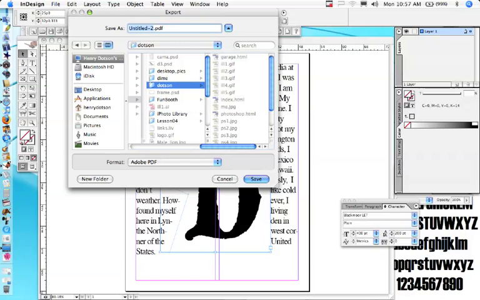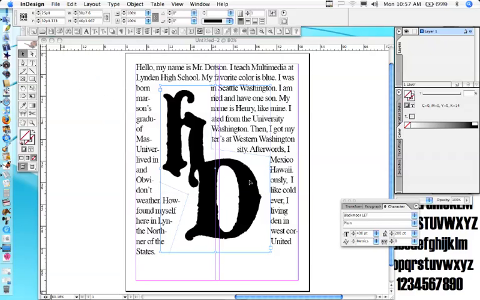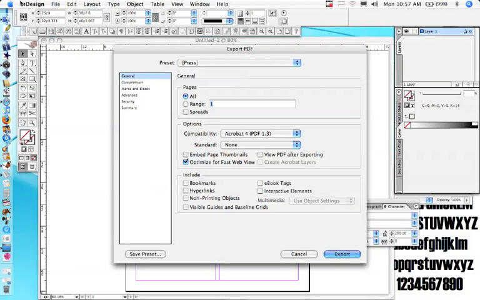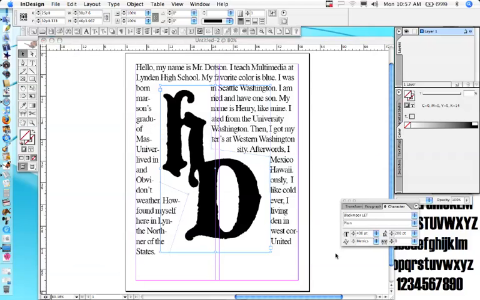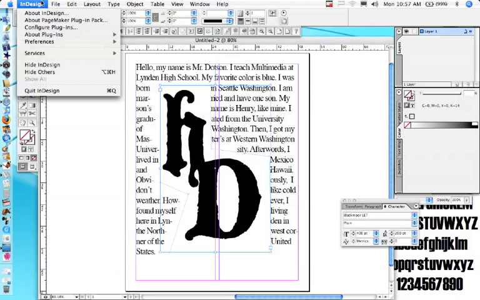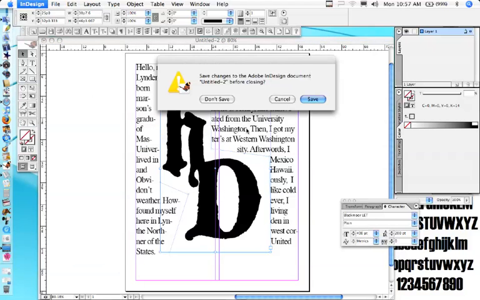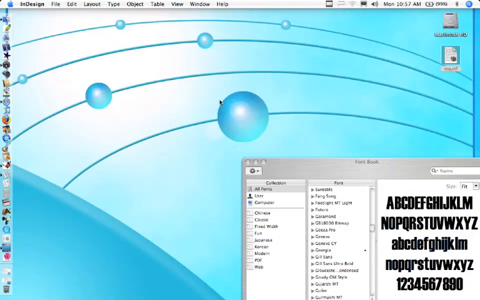You can just have a link, and we'll call it InDesign1 because we'll be doing 2 InDesign projects. And let's just leave it here for web view. And make a link to that, and you are done with your first